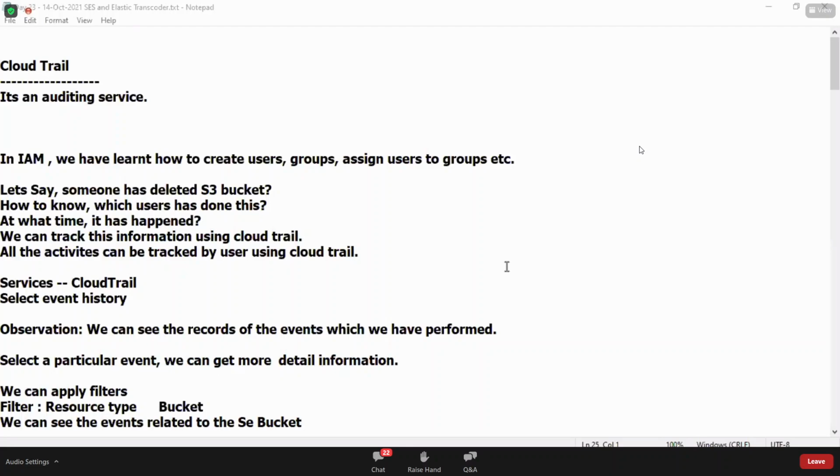In the queue, after the 10? Or will it be in the middle, in between any number? No, that is not in our control. If you want to control it, there's an option called FIFO, first in, first out. So that's one queue. The other one is the standard one. So we cannot control that.